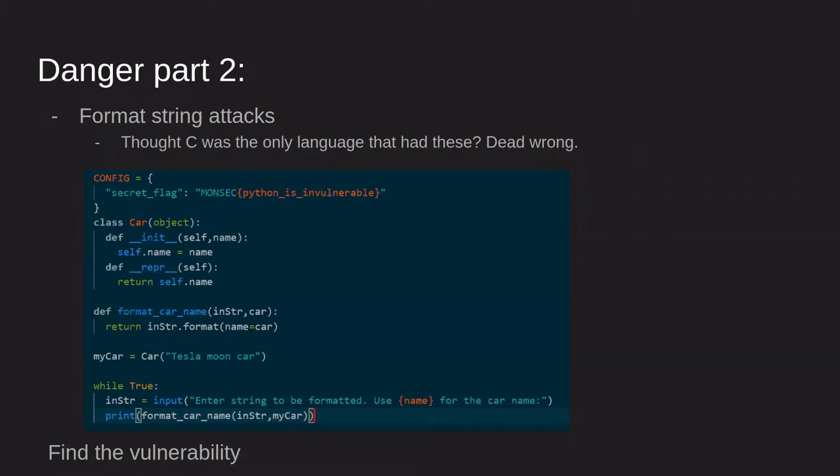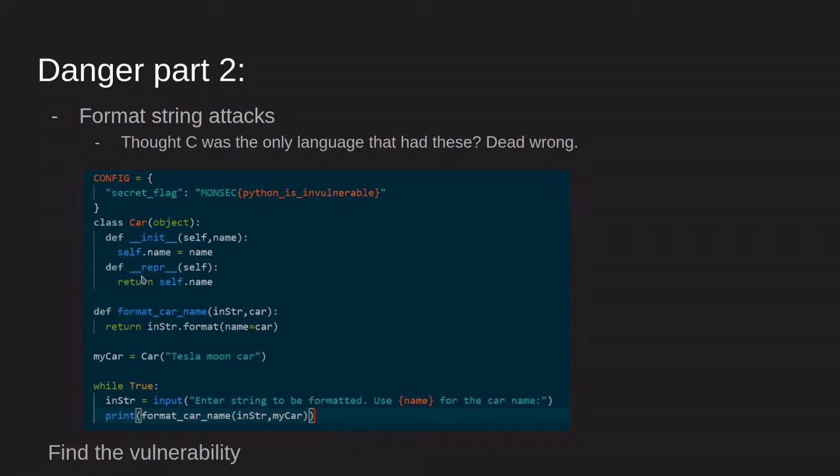Does anyone want to read this code and point out the vulnerability and how you might exploit it? Actually no, I'll go through it first. We have this config variable that's not actually getting used in the code, but sure, that exists. We've got a class that's a car, it only has one attribute, its name, and its representation.